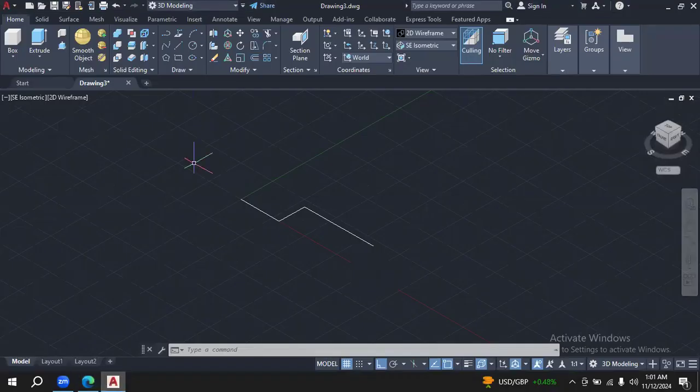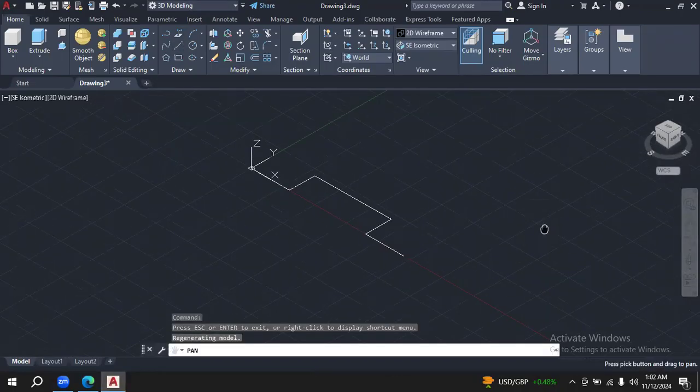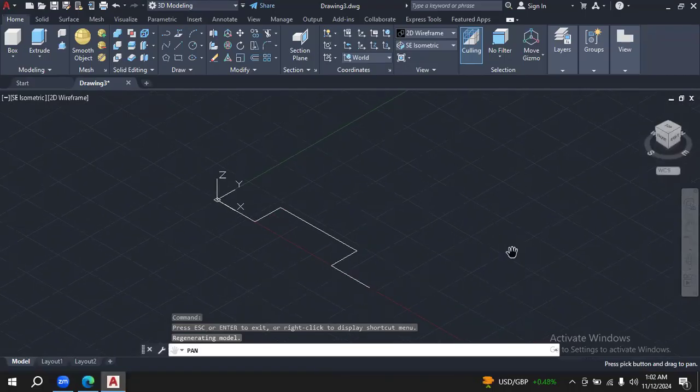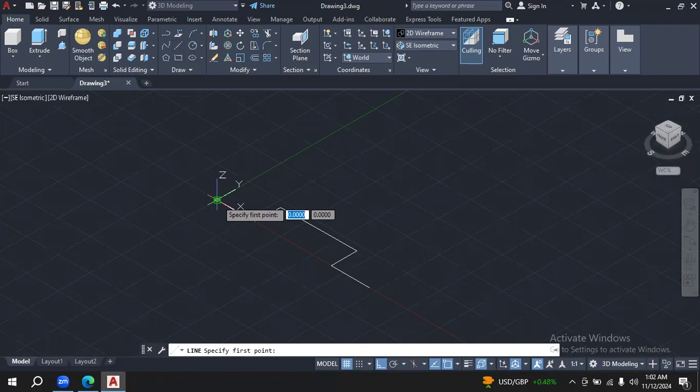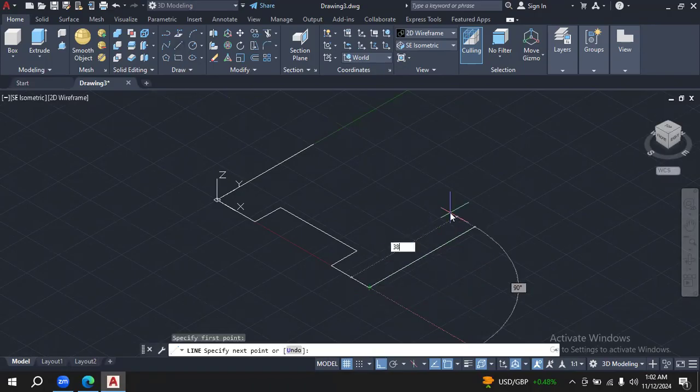So straight line 38 on both sides and 38 in this axis as well. On y-axis 38, enter, and then stop. Now,